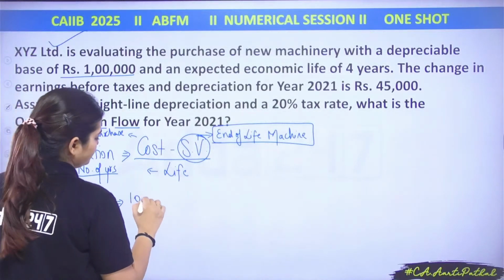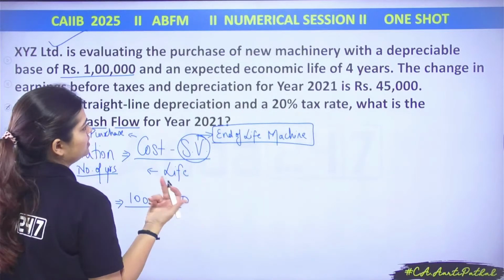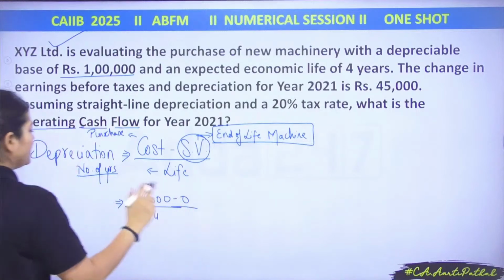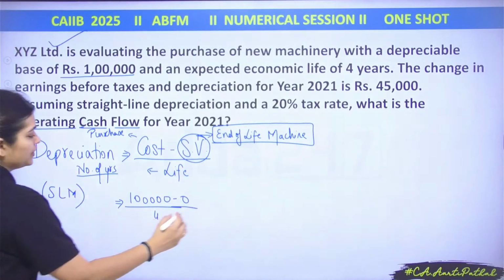So what is the cost here? Yes, 1 lakh. Minus, as scrap value is 0, use 0. And the life is what? 4 years. This method is your straight line method. Now your answer is going to be